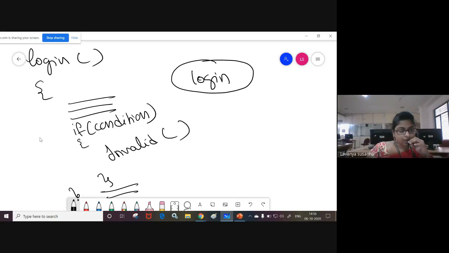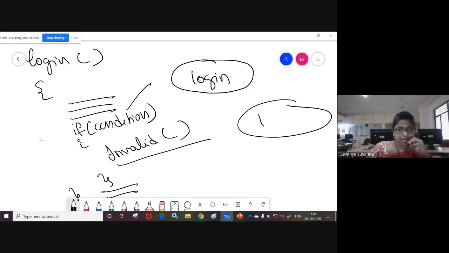Now here you are going to identify some alternative flows. How? See, when this condition is true, you are calling some other functionality, invalid, something like invalid user. What is the relationship between login and invalid? See, when this condition is met, only at that time you are calling this function.